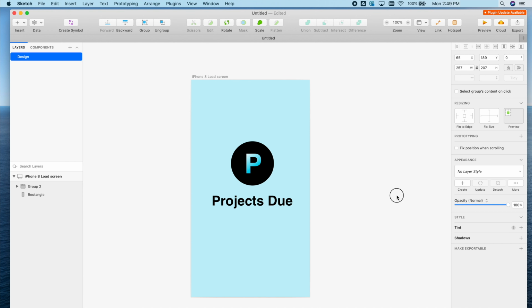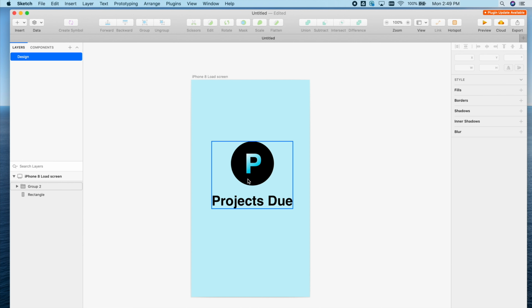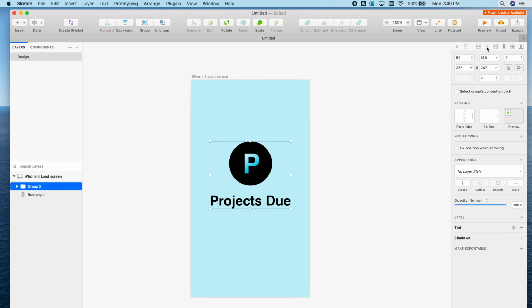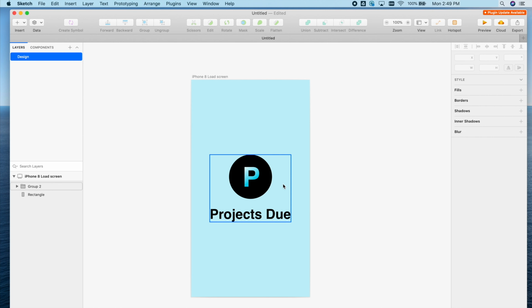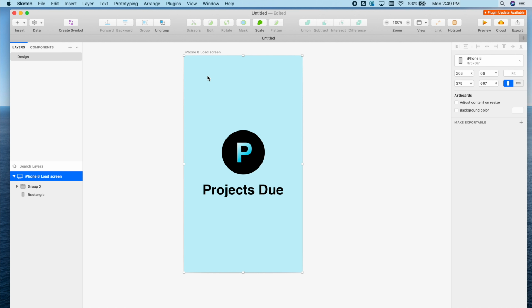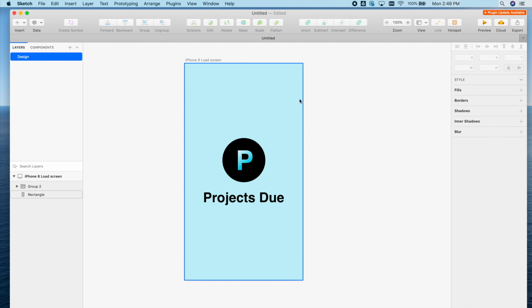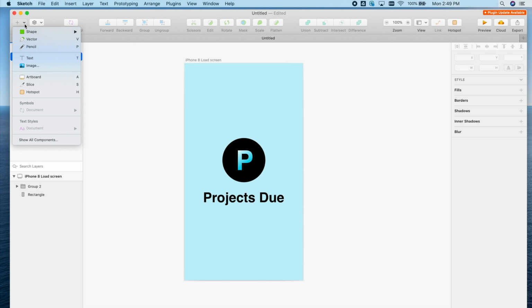Perfect. I want to be able to center this, make sure that this is centered to the artboard. So I'll just click on the group, hit the center, and then also hit it to the middle, so it's in the middle of the load screen. Perfect. That's great. So now that we have our load screen, we can create a new artboard